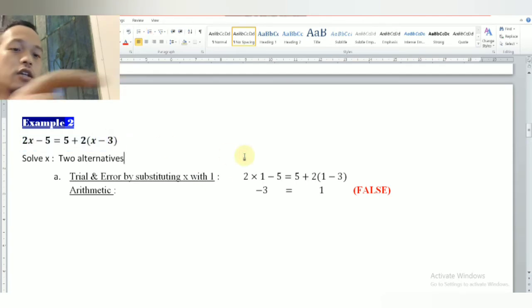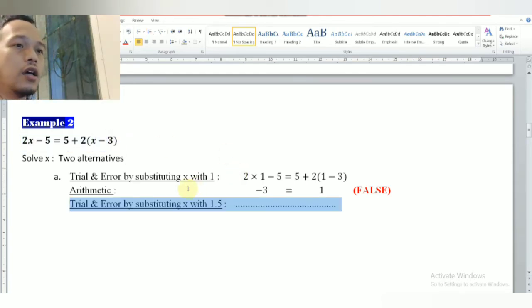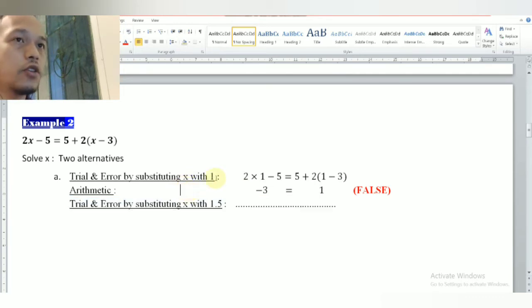Okay, and then you will go further with other candidates. But can you imagine that we have many candidates, not just 1, 2, 3. We have negatives also, we have decimals also. We can also check a radical number, a transcendental number. So it will be an endless work for you. That's why trial and error is not the method that is suggested. If some of you were doing this previously, it's because we had a simple equation, but stop doing that now. Okay, so instead